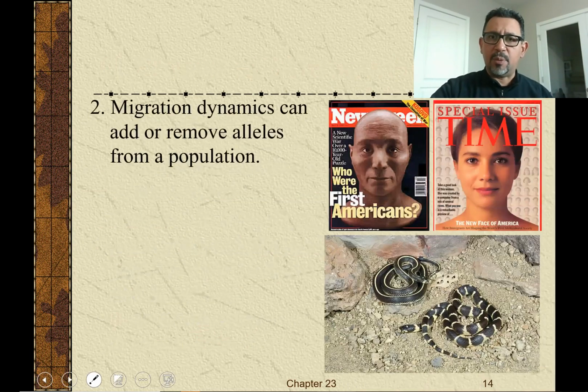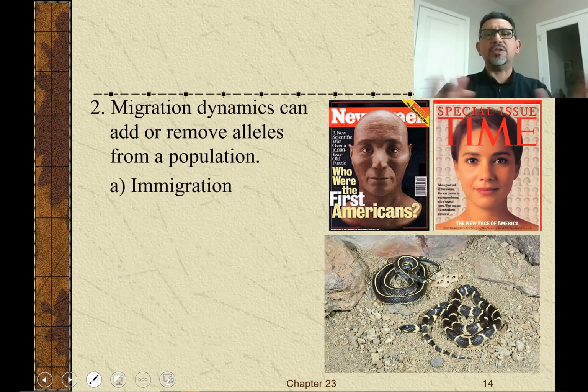Another source of changes in the gene pool of a population is going to be migration dynamics. Hardy and Weinberg said there should be no gene flow. However, we know that for most populations, you can imagine plants, animals, bacteria, fungi, through spores in the case of fungi, through pollen in the case of plants, or seeds, there's going to be a movement of genetic material from one place to another, or individuals from one place to another.